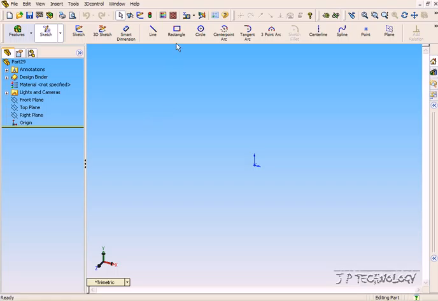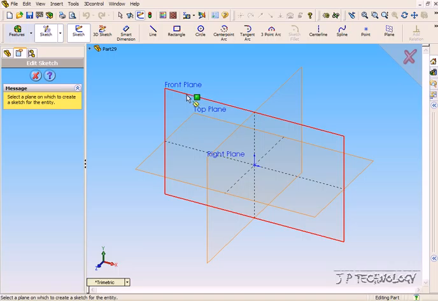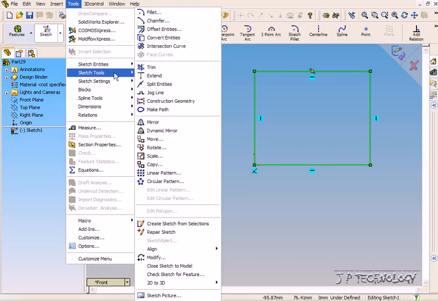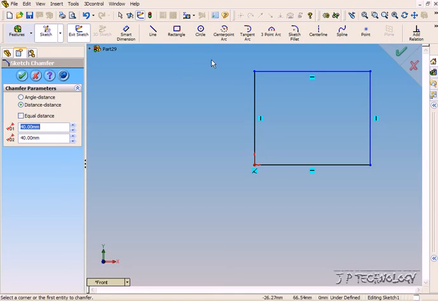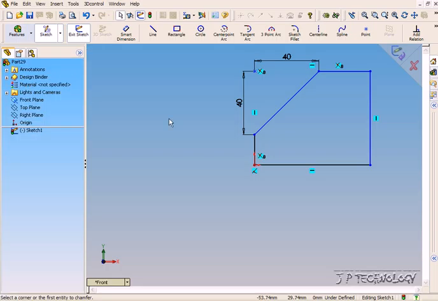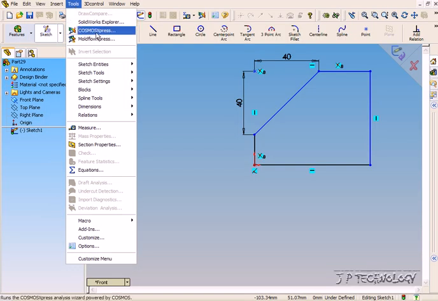So to start off, let's create a rectangle. So click Rectangle, click Front Plane, and let's just make a rectangle, square, whatever you want it to be. And now let's add a chamfer. So let's click Tools, click Sketch Tools, click Chamfer. And to do this, you have to click two sides, and then it's going to make the chamfer in between. So let's click this point and this point here, and then you're able to see it. Now, click OK. Now if we do another one,